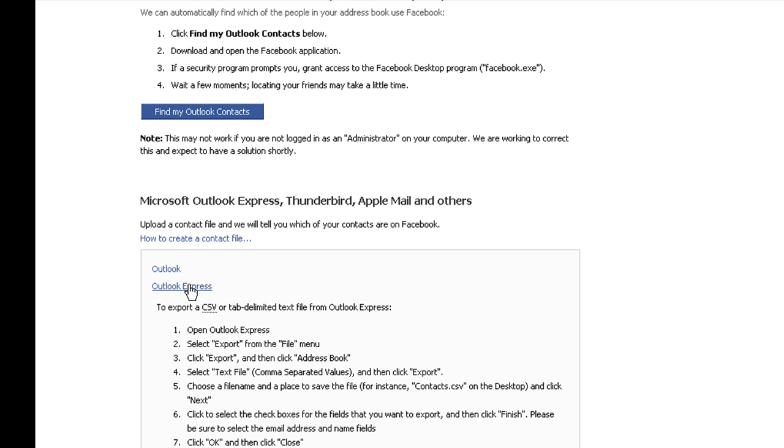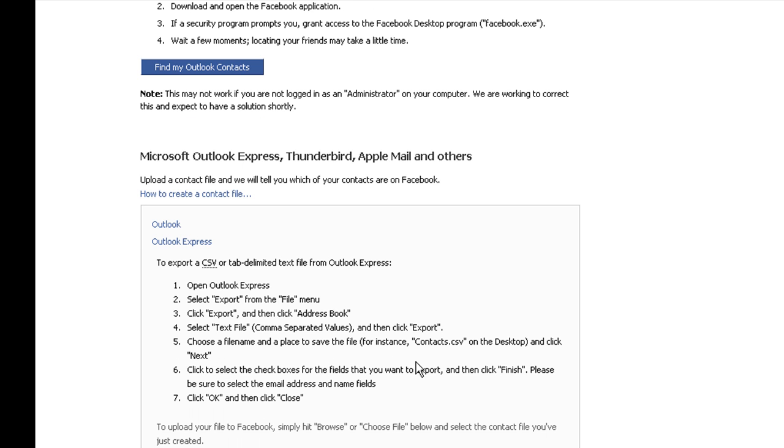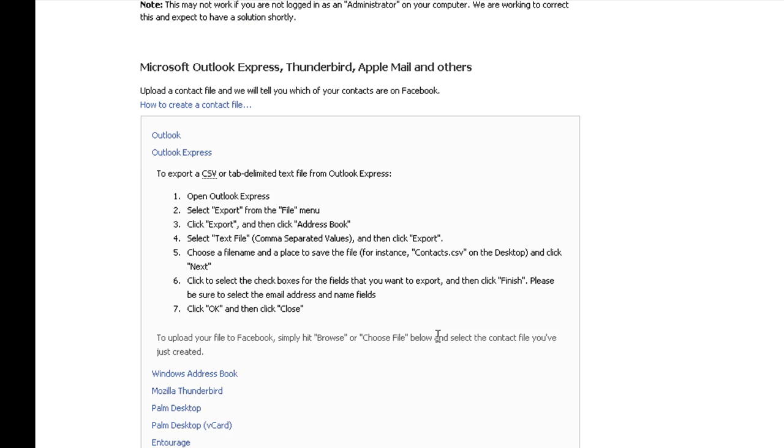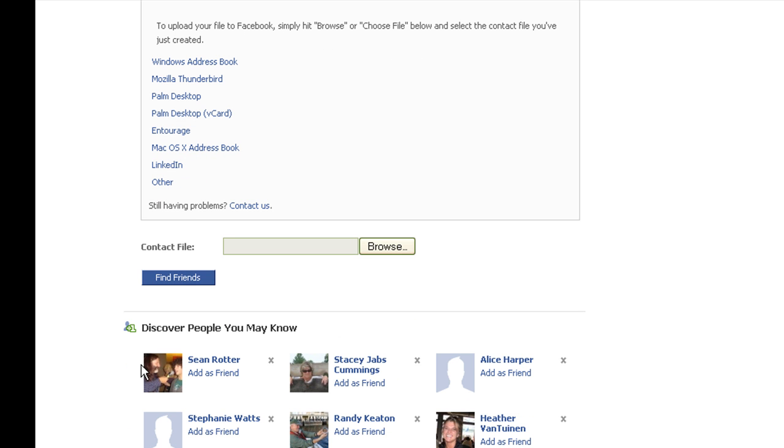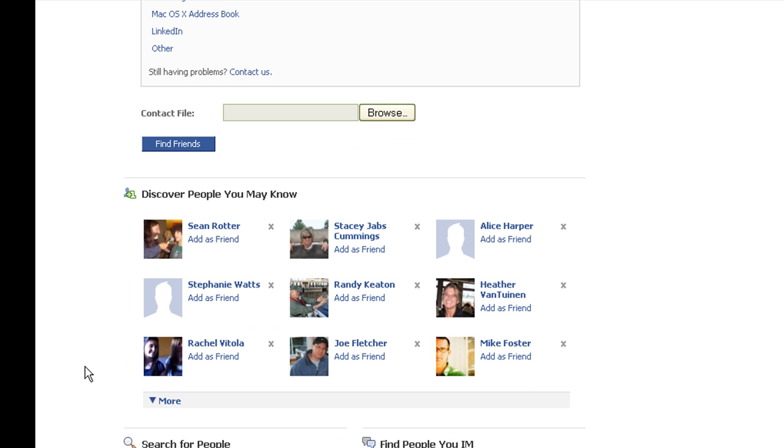So for example, if you use Outlook Express, here are the instructions to specifically create what they call a CSV, or comma separated file of your contacts. Once you've done that, you'll upload that to Facebook, and it will search for any friends that are already on Facebook. Okay, now once you've done that, and I do recommend going through that step, you'll see a